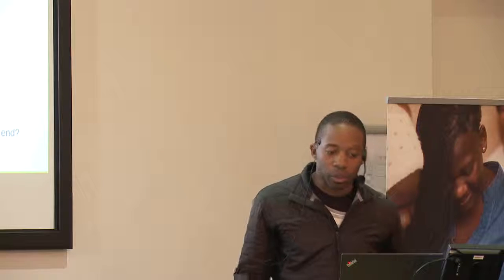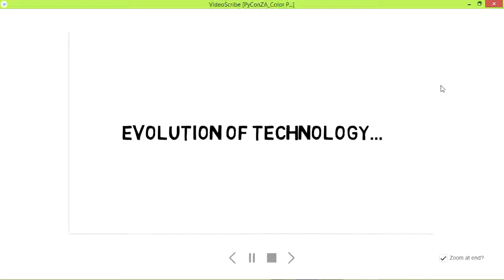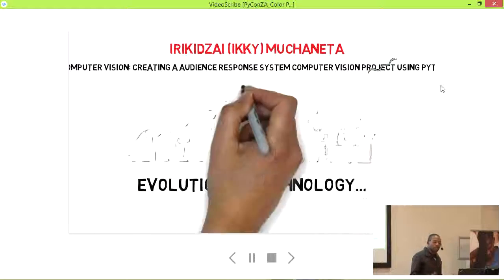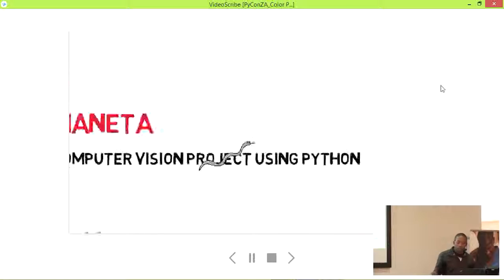Thanks a lot. Okay, so one of the things I'm going to be talking about is computer vision and audience response systems with regards to Python. Over the past couple of hundred years, technology has evolved as man has used it. People have used technology in various ways. In the middle, you've got a guy who uses sticks and stones, and then as we went through the Industrial Revolution, people evolved with technology, and now we're at a point where we're using computers to practically solve all our problems. And that's how we have evolved.